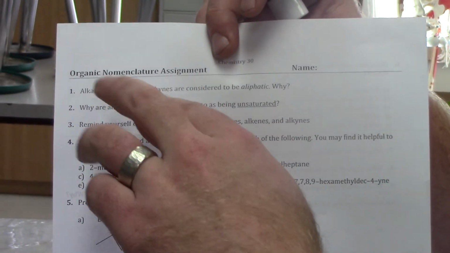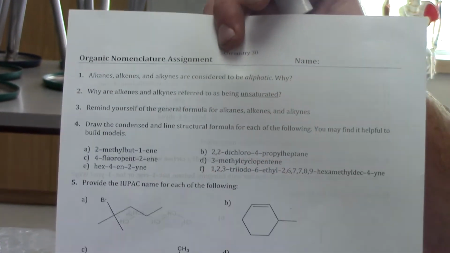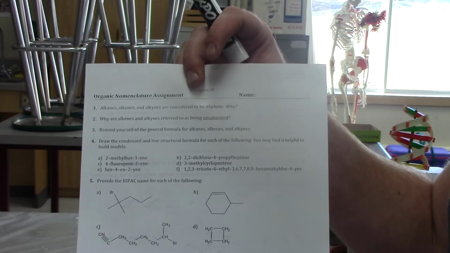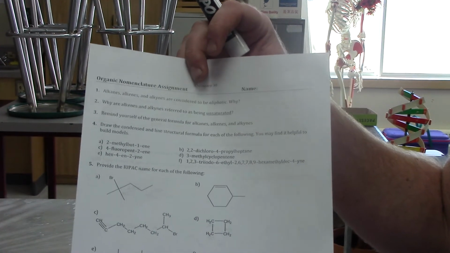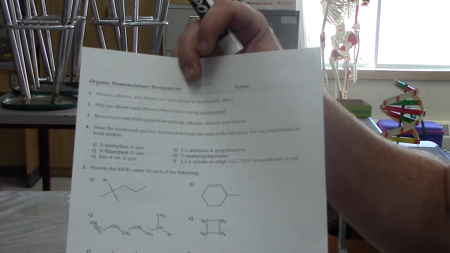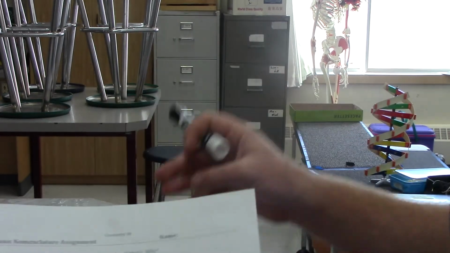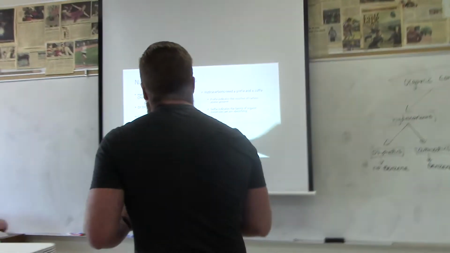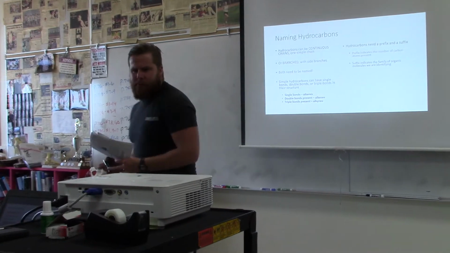There's double and triple bonds in the alkenes and the alkynes, and therefore not all the possible bonding positions on the carbon molecules are occupied by hydrogen. So you have some carbon-carbon double and triple bonds. All right. I'm only going to talk about alkanes in this lecture, and I'll do alkenes and alkynes in another lecture.